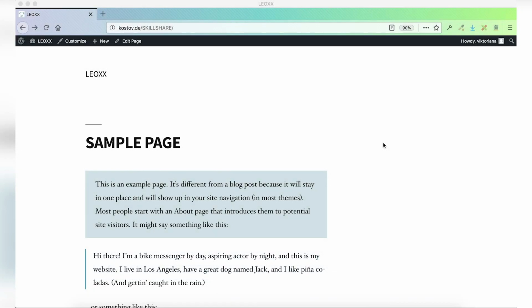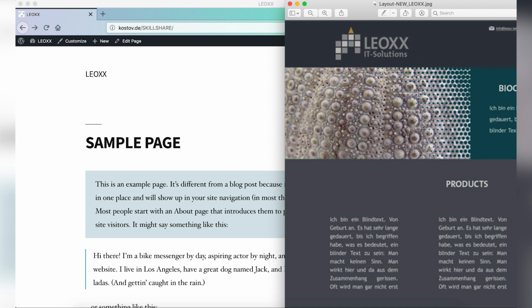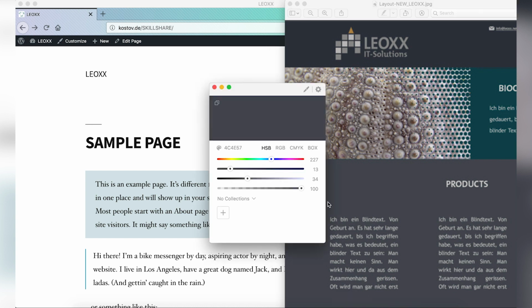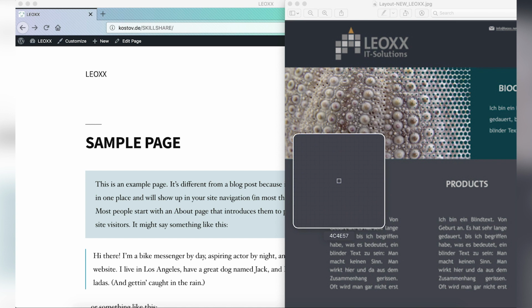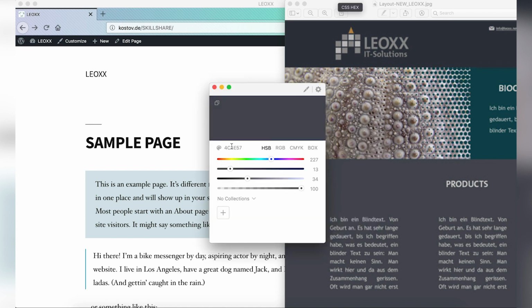If I'm going to change the colors, I'm going to need my file, my sketch of the website, and I have a little app which is called Color Slurp. It's a free app which makes funny sounds when you choose a color. Well, I've turned that off because I found it a little bit irritating when I worked with it. So I have already saved this background color here, which is a warm middle gray, and I'm just going to